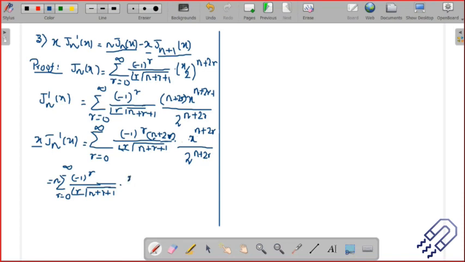This is the first term. The second term would be plus,